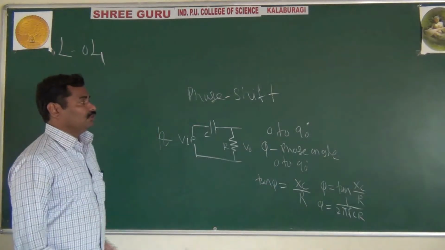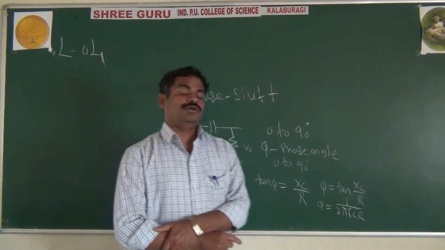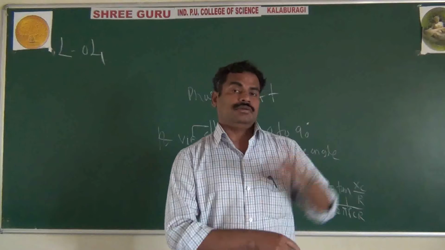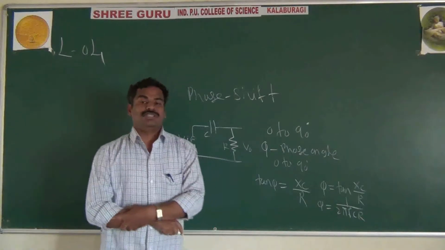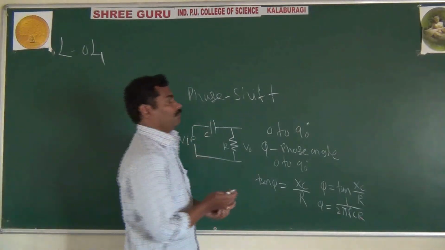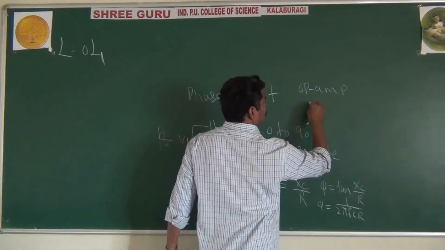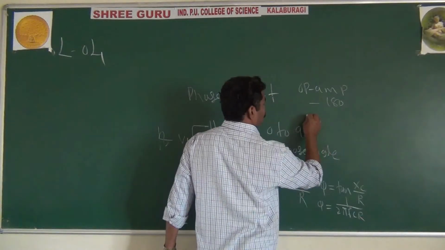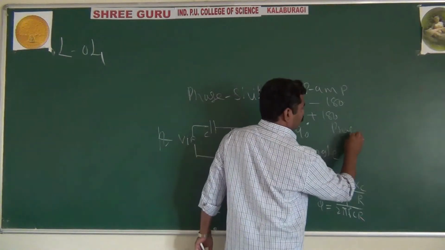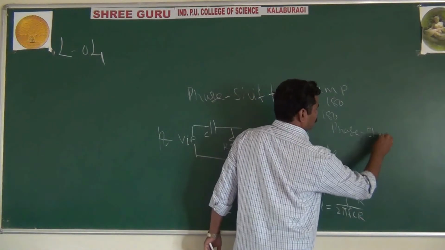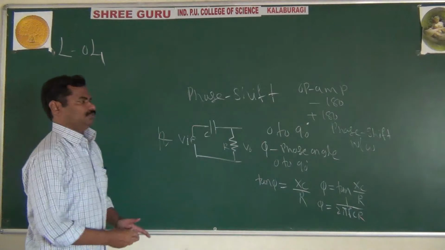Especially in the RC oscillator, as you studied in the LC oscillator, the amplifier gives the 180 degree phase shift and another 180 is given by the tank circuit. Here also the op amp in the inverting configuration gives the 180 degree phase shift, but for another 180, it is given by the phase shift network or phase shift feedback network.